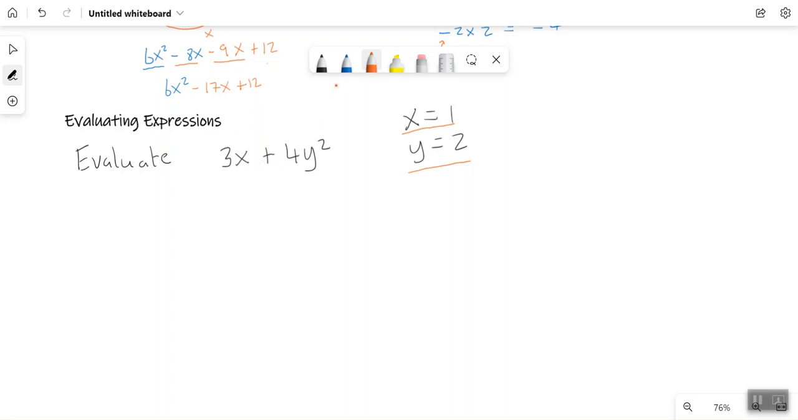So again, what does that look like? The first one is 3 times, so this means 3 multiplied by the value of x, which is 1, plus 4 multiplied by the value of y, which is 2. And then this is all raised to the power of 2. Okay, so it looks something like that. Now we can start solving this. So 3 by 1 gives us 3 plus. Now this one you need to be careful. So if we remember the order of operations,